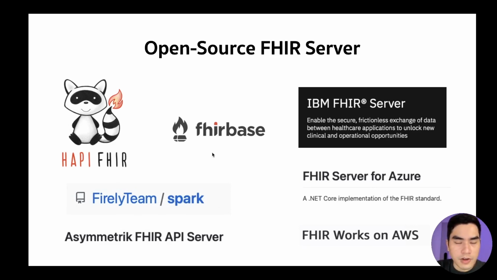Firebase is a FHIR server implemented on PostgreSQL, and Asymmetrik is on Node.js. And there are also several open source FHIR servers from the cloud providers as well. These are the FHIR servers that have been customized to be more compatible with each cloud provider. Like in Azure, they will have some Azure Storage, Azure Identity Manager to manage that FHIR server.